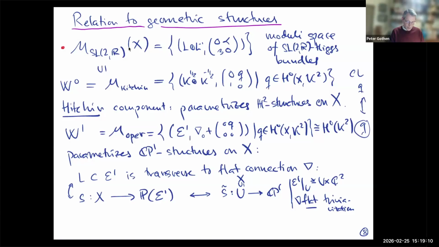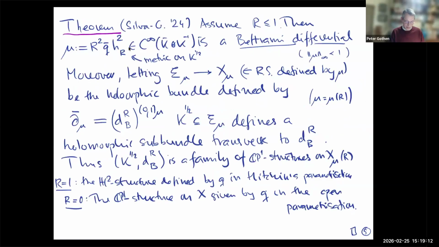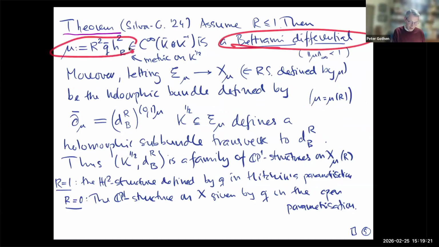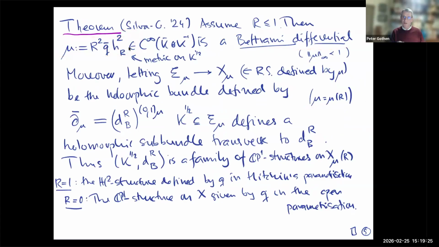Okay, so let me explain to you what we showed. Under some assumption, we write down something called a Beltrami differential. It's not so important exactly how you write it down. We use the harmonic metric, but the point is that the Beltrami differential defines a structure of Riemann surface. This is exactly something that defines a point in Teichmüller space, and there's a whole family indexed by these.